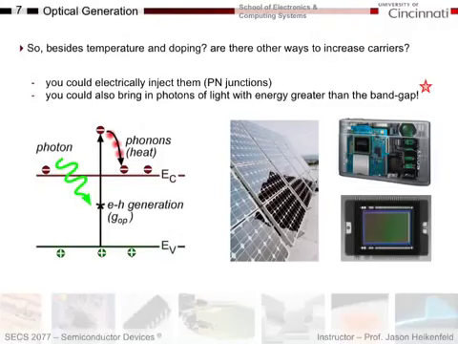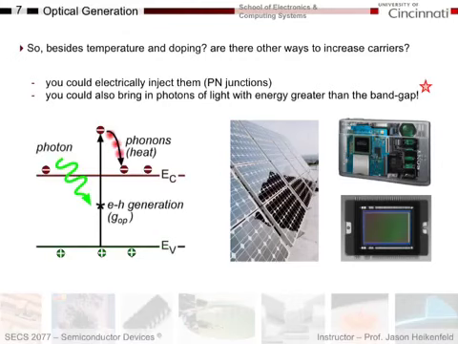Okay, let's start the second part of this lecture. So, in the previous part, we talked about recombination. In this part, we're going to talk about generation, and specifically optical generation. The reason why we wanted to cover recombination in the previous part is that it is going to balance out with